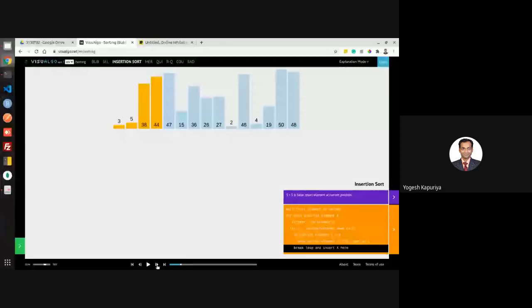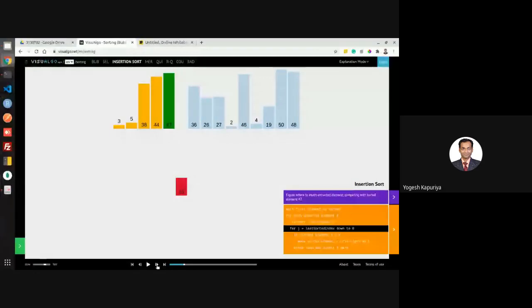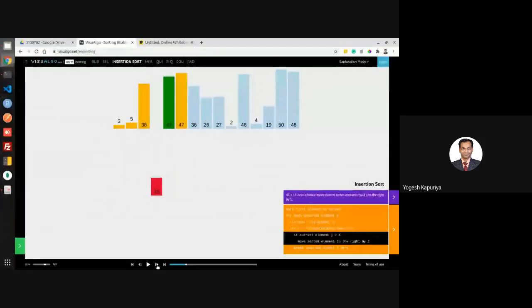Right? Next is 47. 47 will be compared with 44. At the first comparison itself you found the false condition, so that will be stopped and you will insert it. Again next, 15. 15 will be compared with 47. Because it is greater, you will be shifting it. Again shifting, again comparison.